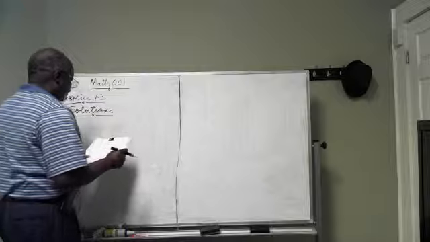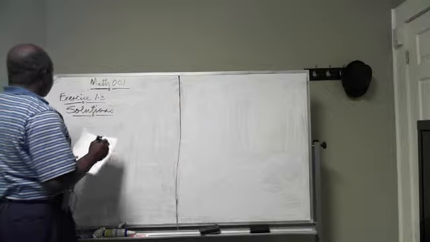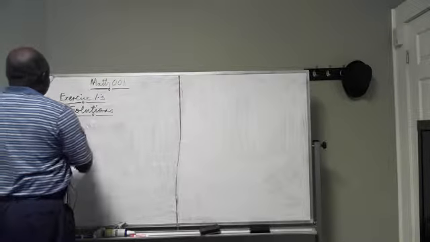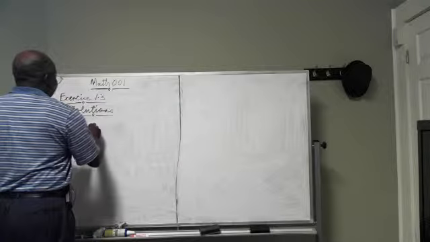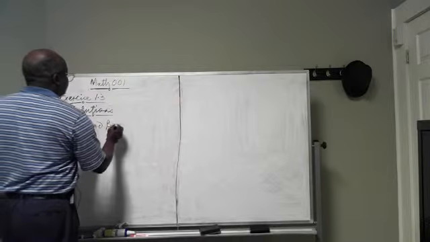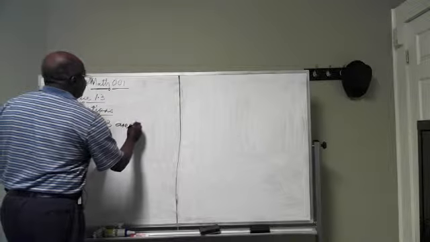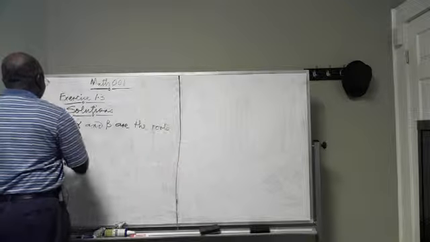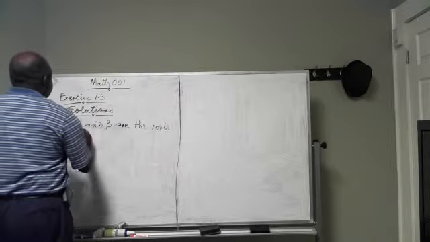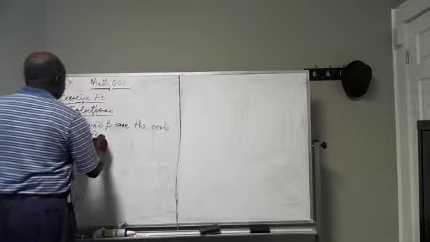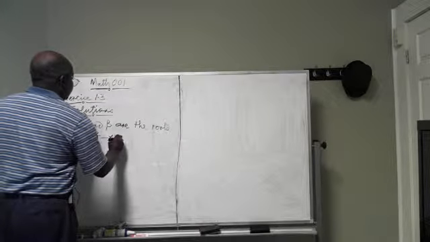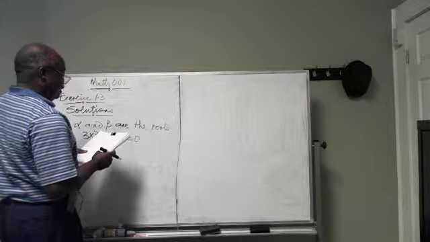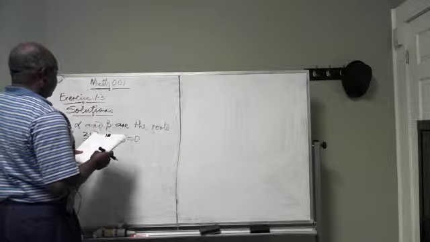Problem 2 reads, if alpha and beta are the roots of 3x squared minus x minus 5 equals 0. Find, without solving the equation,